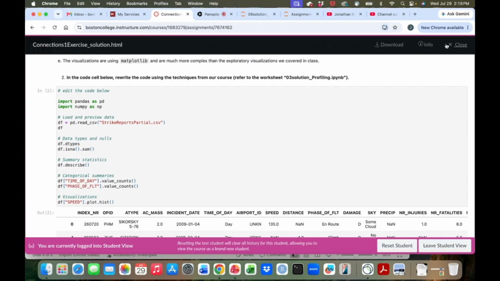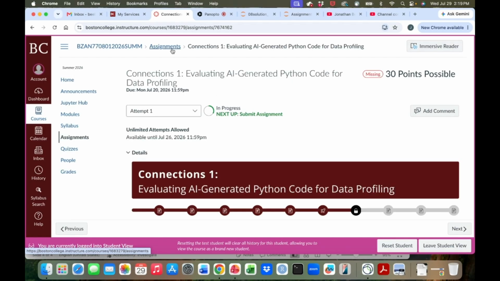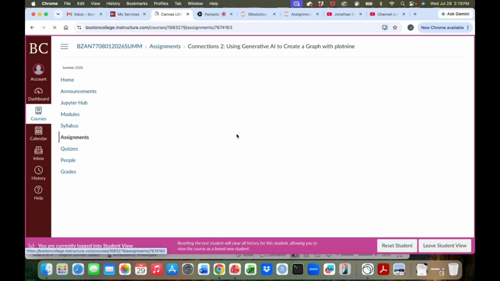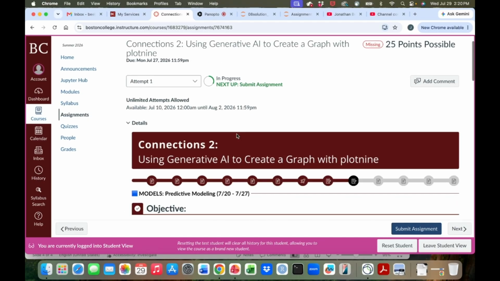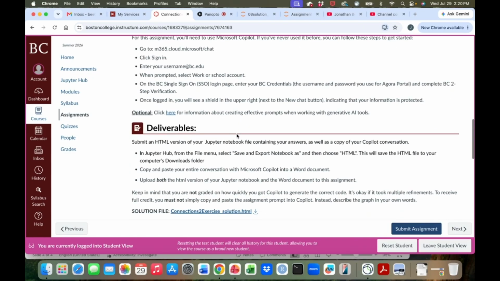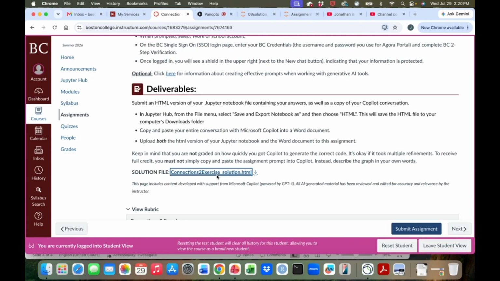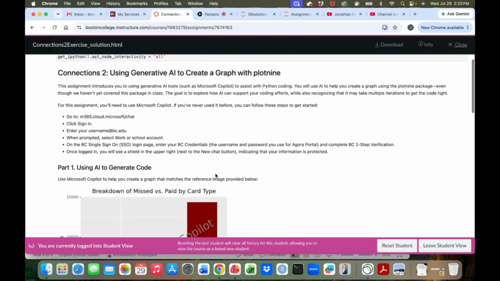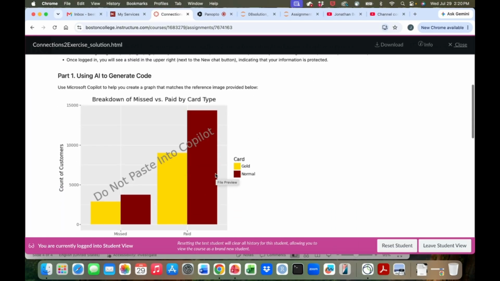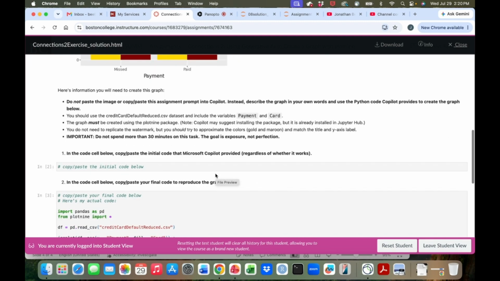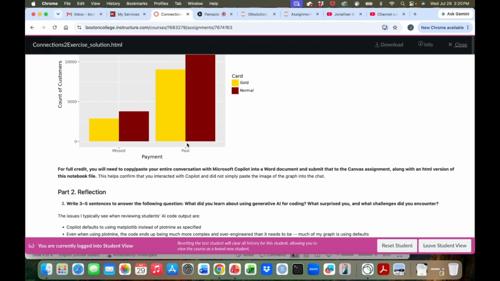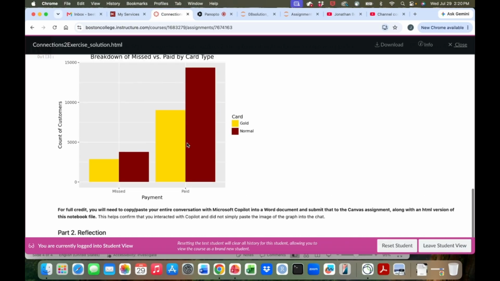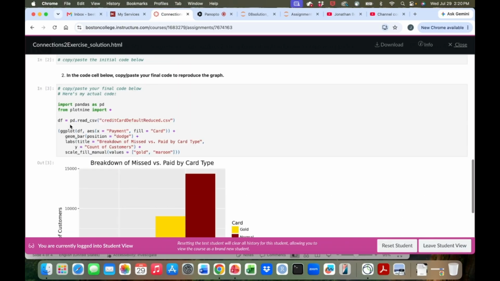So that was the first connections assignment. The second connections assignment, here I wanted you to use AI to actually create a graph with Plot9. Again, I've posted a solution file. And basically, as long as you gave me a copy of your conversation, I did want to make sure that you had a conversation. And as long as you got close to this graph, I gave you credit. Where people lost points was sometimes,